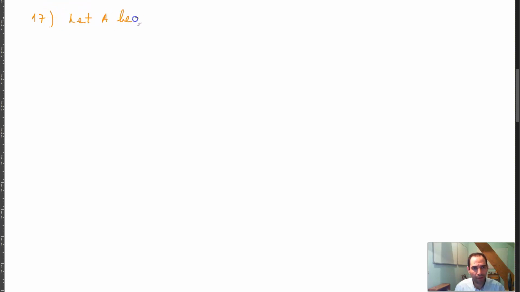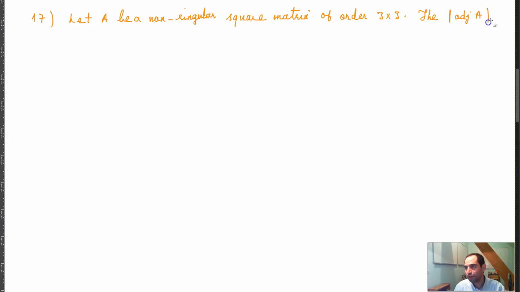Let A be a non-singular square matrix of order 3 by 3. Then basically the determinant of adjoint A is equal to: choice A, the determinant A; choice B, the determinant A whole square; choice C is determinant A whole cube; and choice D, 3 times